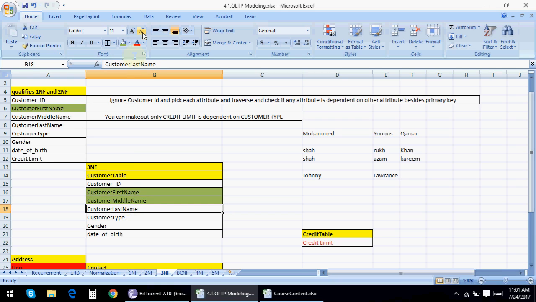Similarly, last name. Coming to customer type, can your customer type qualify your first name? No, it's not necessary, it is an independent thing. If you are a permanent customer, it's not necessary your name is David. If you are a single visit customer, your name should not be Donald Trump, right? So your name can vary irrespective of the nature of your being a customer. Whether you are a permanent or temporary customer has nothing to do with qualifying your name, nor gender, nor date of birth, nor credit limit.